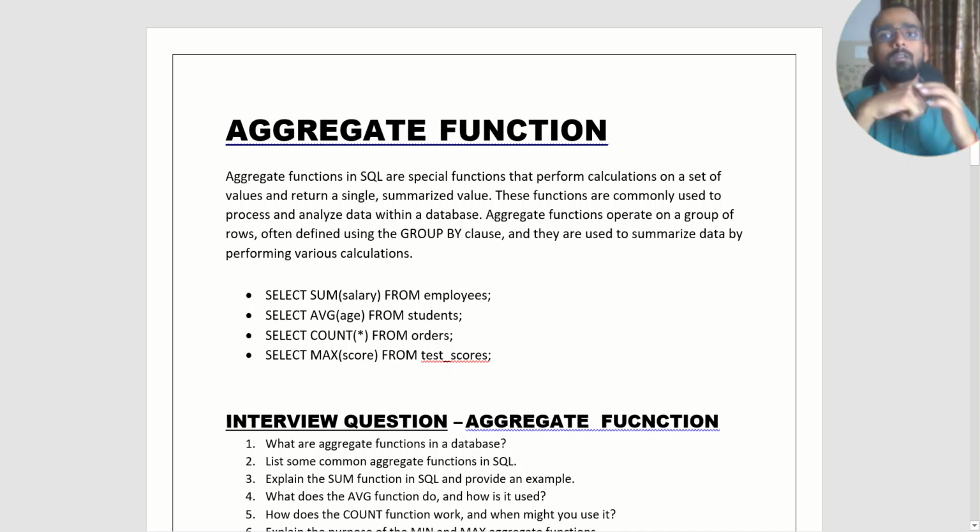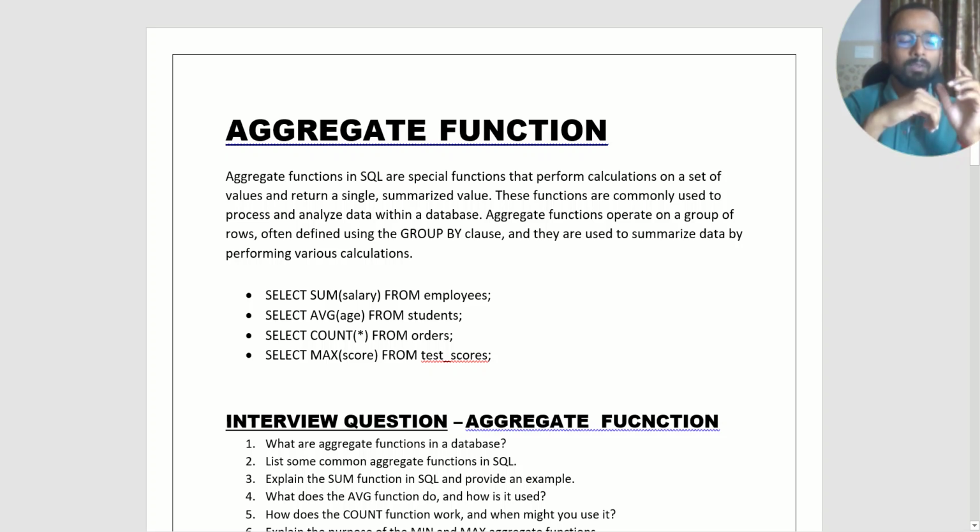In this video we are going to discuss aggregate functions: what exactly they are, where we use them, what kind of aggregate functions we have, and where we can utilize this information in our coming interviews or as per our requirements. So as said, aggregate function, basically what exactly it does, it calculates a set of results.